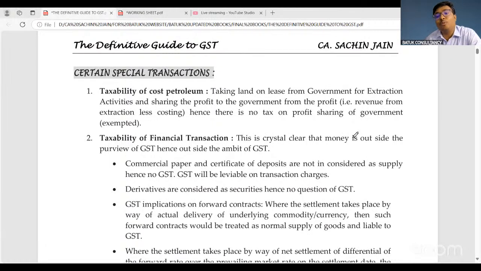Mahendra sir, in case of a motor car, GST will be applicable only on the margin money. We'll discuss that point as well. Just give me 4 to 5 days.